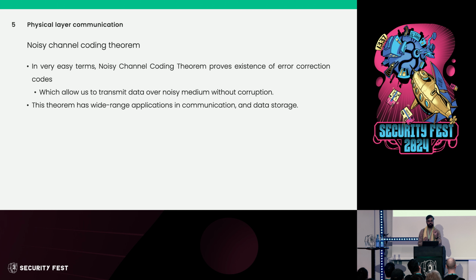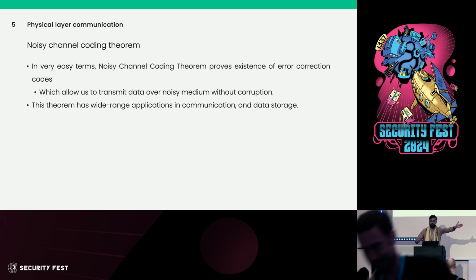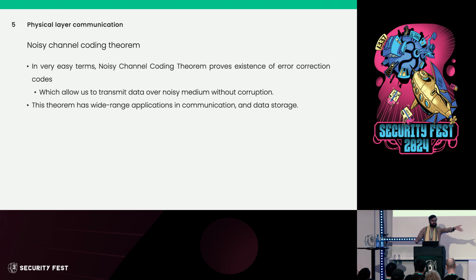Okay? First one gave us maximum bandwidth. Second tells us that somewhere out there in the world of communication theory, there is some scheme which will allow us to transmit data without any errors. But it does not tell you how to do that in practice. It only proves presence of such schemes. And that is why people hate mathematics. A mathematician will come and say, okay, I prove that there exists something like this. And then you ask, okay, how do I do it? Meh, I don't care.